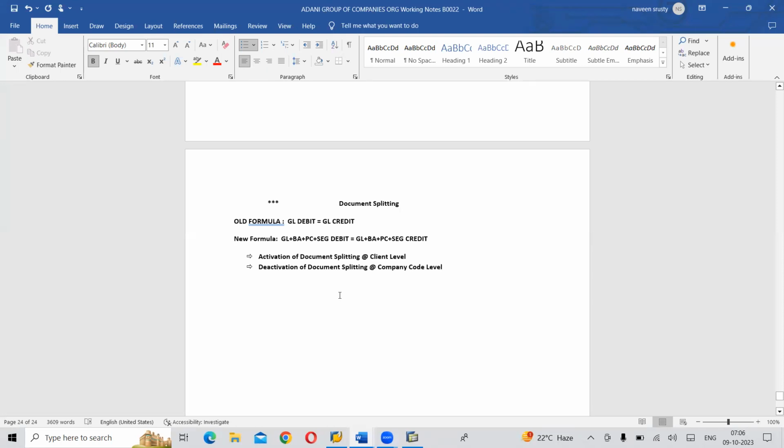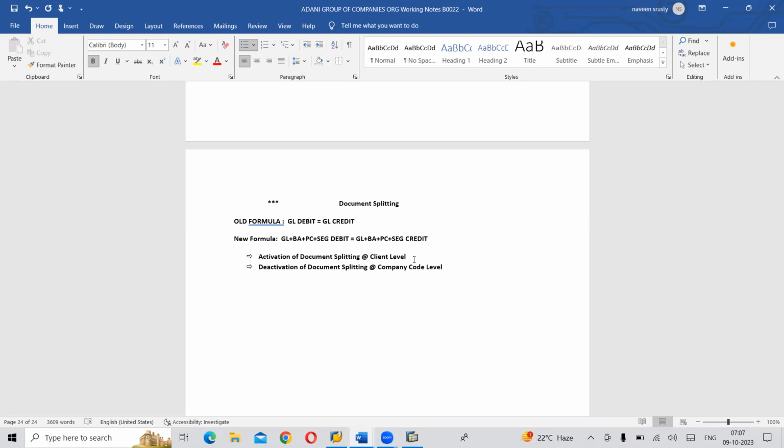Clear? Any questions here? This is important, try to remember this. Activation, sorry, means the client, and deactivation will be done by the consultant. Both will be done by the consultant. Client here means not your customer, but your system client number. What is the client number here? We are on client 800, right? Yes. So under client 800,